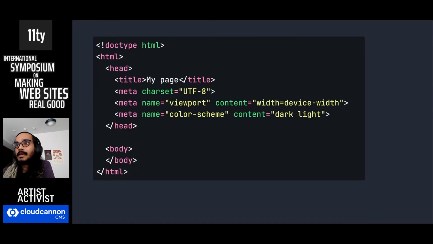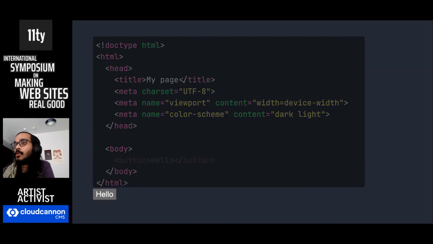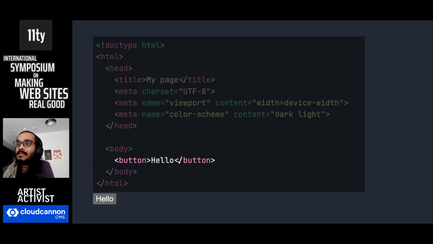So to understand the cascade, we're going to start with a completely blank slate with the minimum amount of HTML required to create a page. We're not even going to style it. And let's put a humble button element in there. And immediately we can see that this button element still has some default styling, even though there's no CSS on the page. So earlier, Miriam already explained this in some more detail, but these default styles come from the user agent style sheet. And yes, these default styles do respect the light and dark theme.